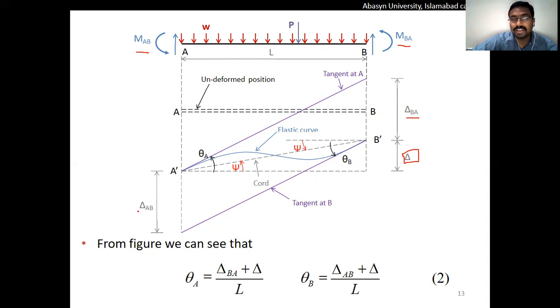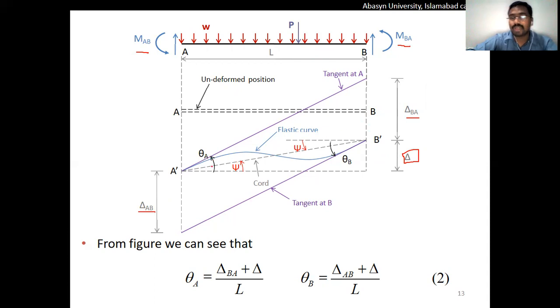And similarly, delta AB will be the deformation at point A. Delta BA will be the maximum deformation at point B, and delta AB is the maximum deformation at point A. Now, considering this figure, we can see the deflection at point A, this deflection will be equal to, as already